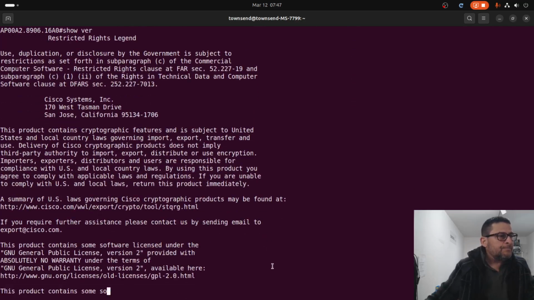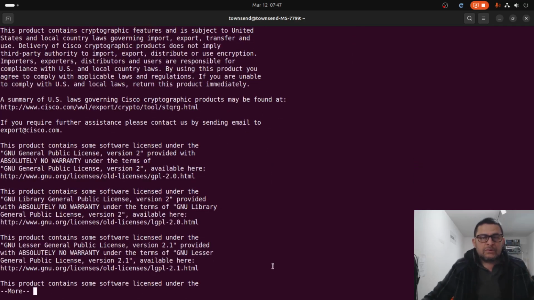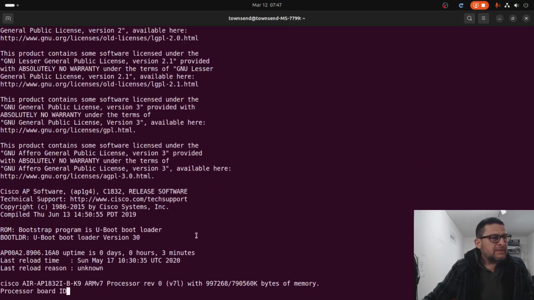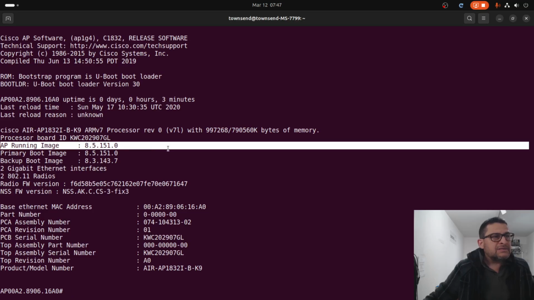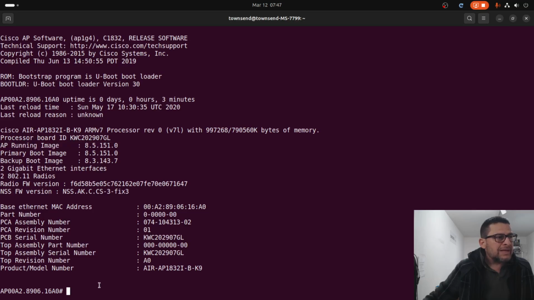So in order to upgrade to the Mobility Express software or image, we need a specific version. In this case, it's running this image right here, which is totally fine, because the minimum is the A.1, the 122.0. That's the minimum version. In this case, we have A.5, so a really good software in there. So now we need to